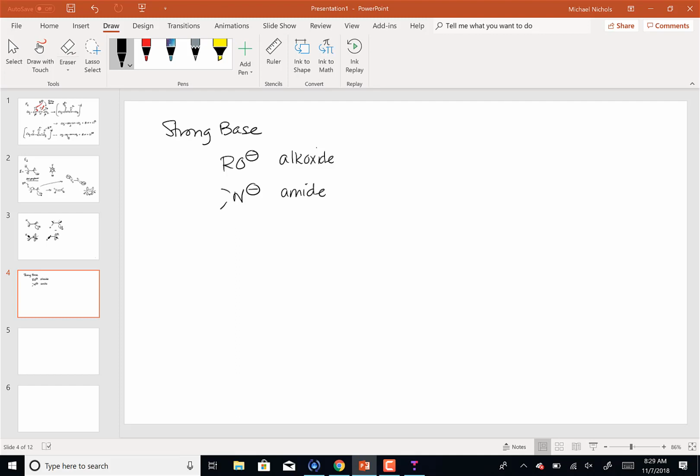not to be confused with the amide of carbonyl chemistry that you use to make proteins out of amino acids that come together to make amides. This is a different kind of amide. And so these are really my two choices. Hydroxide, not so much. Because here's the problem with bases. Strong bases are also strong